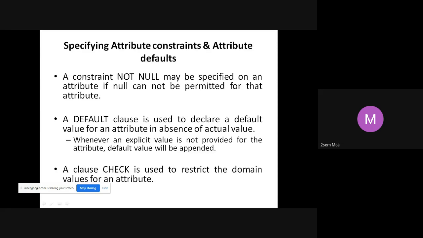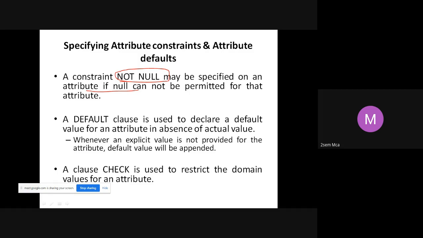So we can specify attribute constraints and attribute defaults. Now, in the last class itself, we have seen how we can specify a not null constraint. A not null constraint can be specified on an attribute whenever you don't want a null value to be accepted. So if null cannot be permitted for that attribute, you can specify a not null constraint.